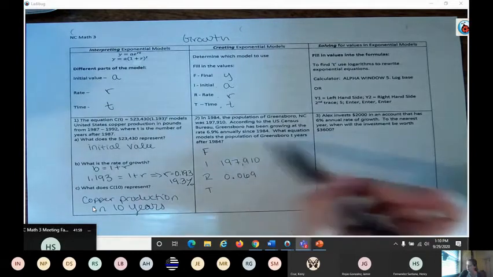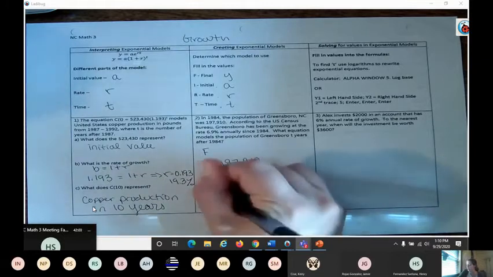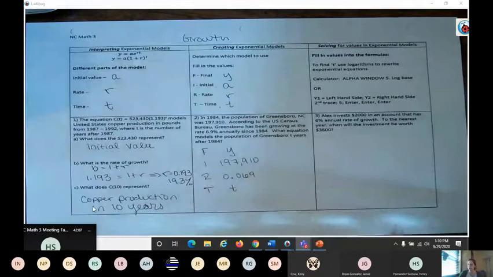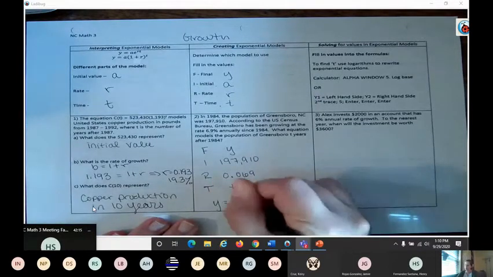0.069. It says write an equation that models the population of Greensboro t years after 1984. So it's asking you to use the variable here. That doesn't give you a final population, so we're going to use a y. Okay, when we set this up as an equation, we should get y equals